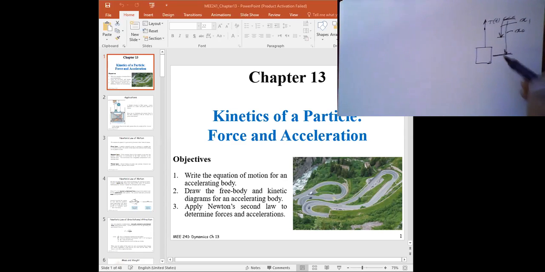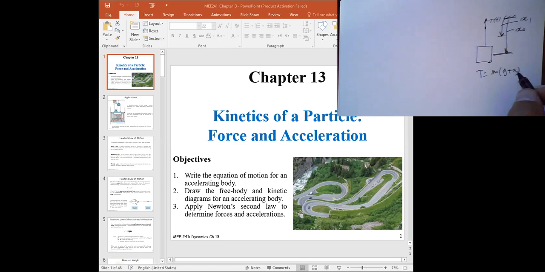Exactly, bravo, yes. As soon as you want to move the elevator, it means that the velocity will change. If it was stationary, the minute you want to move it, you have to accelerate it. And the minute you have to accelerate it, the tension has to be equal to m times g plus a. Right?